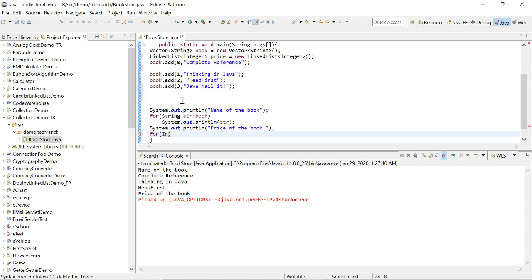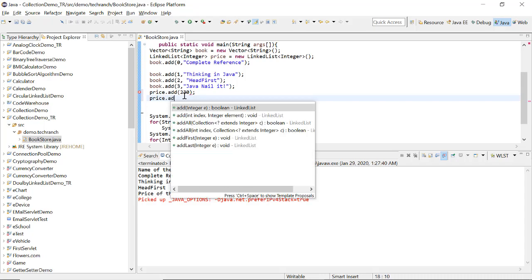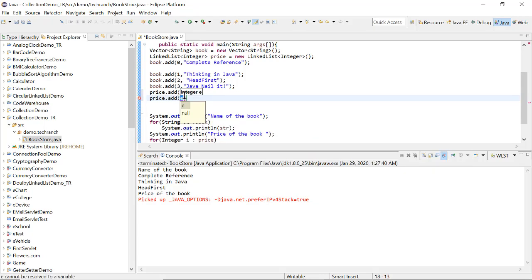So I have integer type I equals, instead of equal, this API has this type of definition, and here I can get the value from print value of I. So what will happen here, we need the price to print, we need to define the price of the book. So price dot add any value, price dot add all, or add, yeah, even you can do all. What will all do is